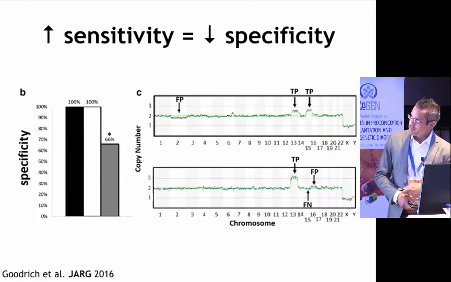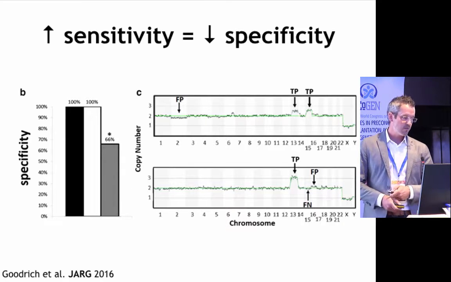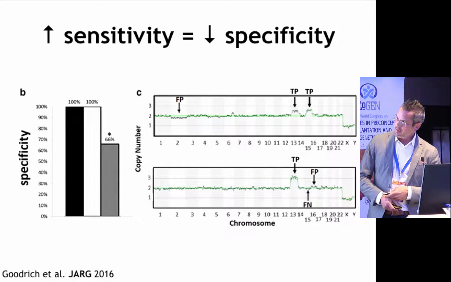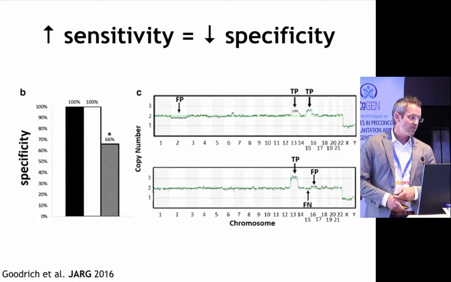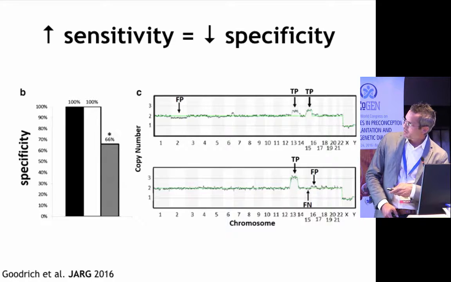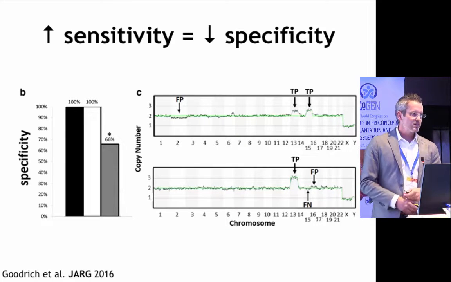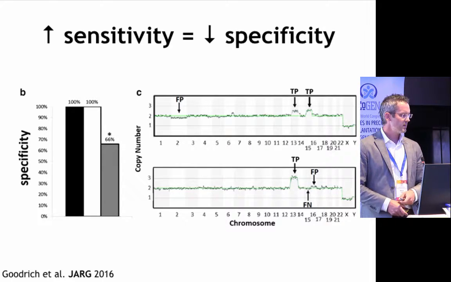And you can see the overall specificity with the default VeriSeq and qPCR methods: 100% of the time you don't actually have a false positive, whereas 33% of the time with these customized settings you have a false positive. And this is an important concept. You can see some examples here where you would have a false positive, and here's a false positive, here's a false negative. So as you increase the sensitivity to predicting abnormalities in a mosaic sample, you also decrease the specificity and therefore increase the false positives that you produce,